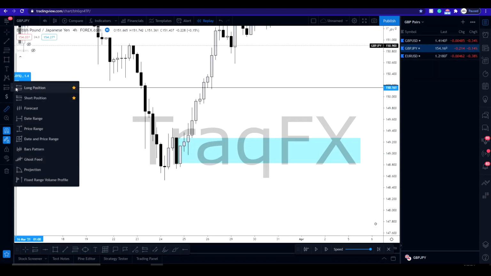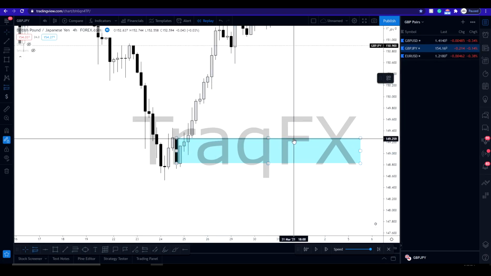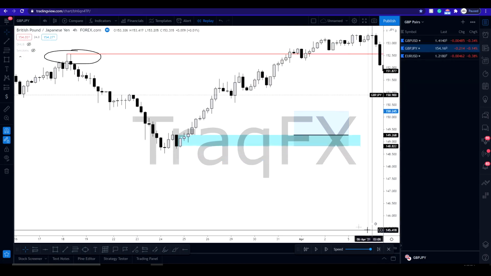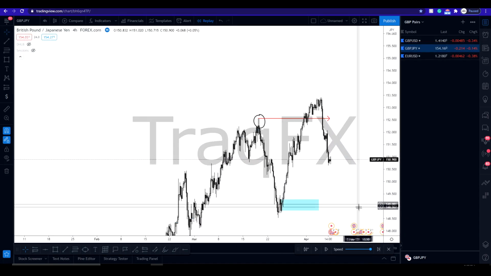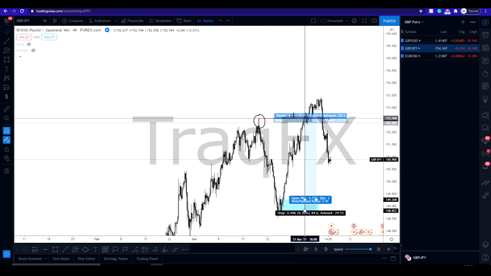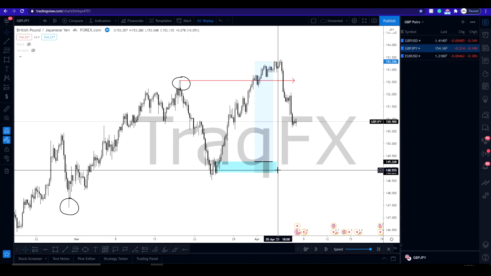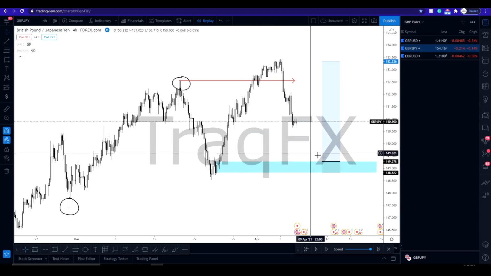So if I'm entering at the open, right? Let me take my long. So I'm entering at the open right over here, and my stop loss is at the low. So that's 44 pips. And take profit wise, I'm literally just targeting the next high for like 406 pips. So that's about 9 to 1, which is really good, but no one wants to be risking 48 pips or